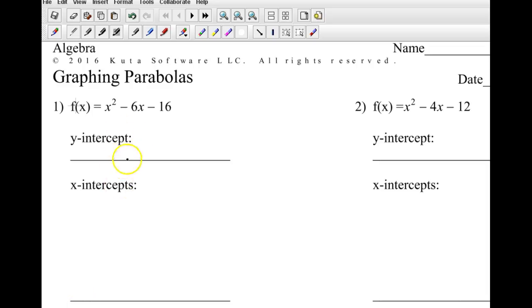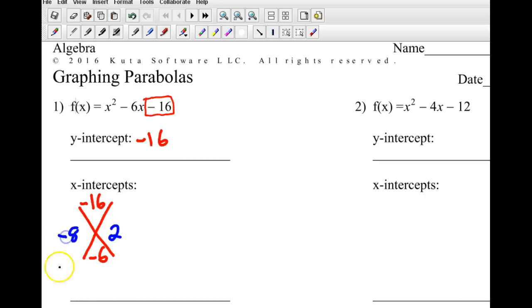Okay, so on this first one, real quick we can see the y-intercept is negative 16. Alright. Go ahead and factor this. What two numbers multiply to negative 16 and add to negative 6? With 16, you usually probably think of 2 and 8 pretty quick, or 4 and 4. In this case, the 2 and the 8 will work fine. In order to get a negative 6 when we're adding, the 8 needs to be negative, and that will multiply to negative 16. So we know that this will factor to x minus 8,